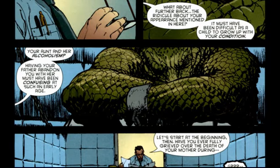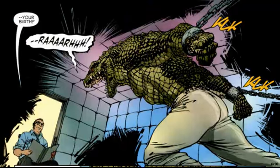Didn't make him all light and all animated and everything like they would do on the television series, because this is not a television series, of course. It's a comic book, and they have to put a little bit more realism into it. So why not go ahead and make him look like a real quote-unquote crocodile or alligator would look in real life. And you can see as of right there the detail that they put into him